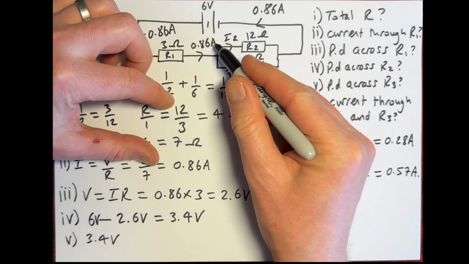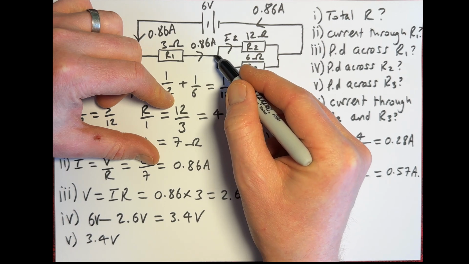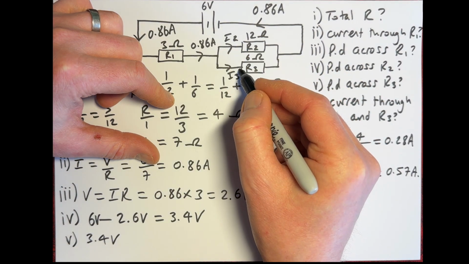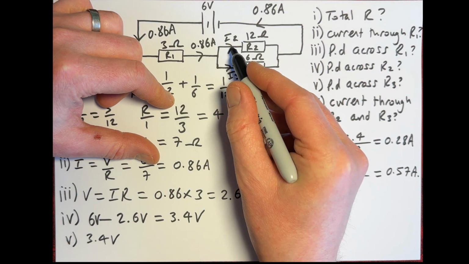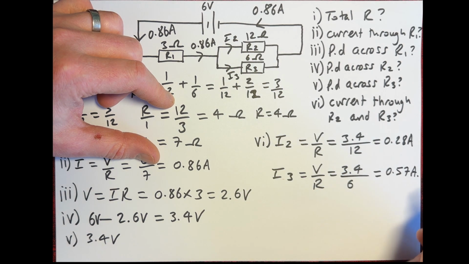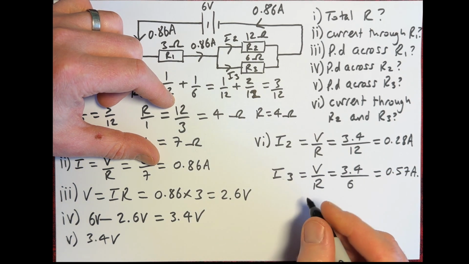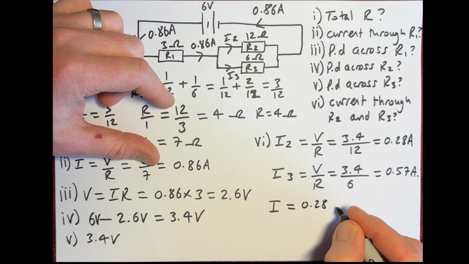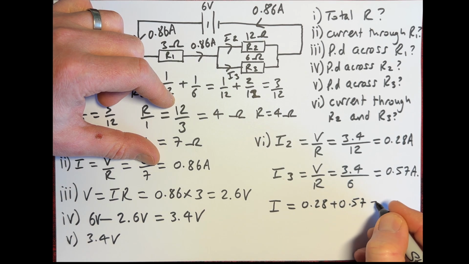These two currents here should add up to 0.86, because all that's happening here is this 0.86 amps is splitting between the two paths, the two sections of the parallel circuit. And obviously more current goes through the lower section because it's got a lower resistance, and less current goes through the top branch because it's got a higher resistance. But they should add up to 0.86 amps. So if we add these two up, total current is going to equal 0.28 plus 0.57, and that gives us